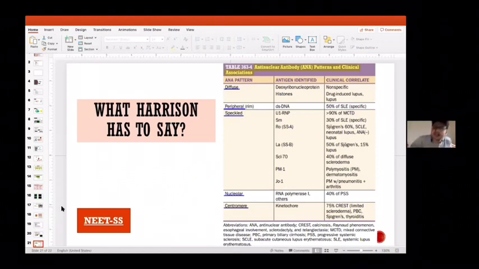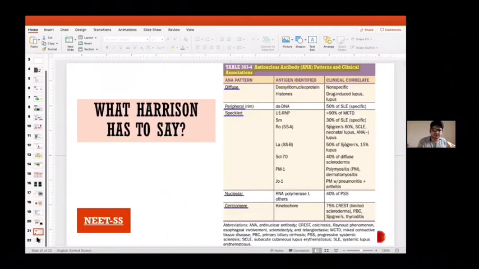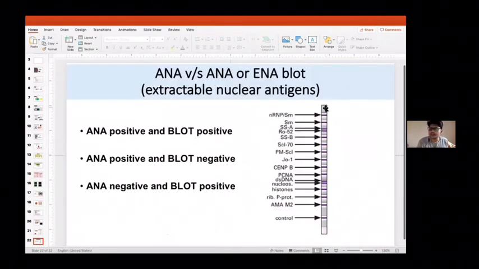Now, if someone tells me that rather than testing all these patterns, can we do something from a cell? Let's remove dsDNA, put it on a plate, and try to see whether the antibody is reacting or not. From the cell, let's remove that Smith protein, put it on a plate, and see whether the antibody is reacting to that. From a cell, let's remove this SSA or SSB protein, put it on a plate, and see how it is working. So we can do each thing by ELISA, but just imagine if I order each ELISA, it will be so expensive. So someone gives me an idea that let's do one thing, that what test we are going to order. Sorry. So what antigens we are going to order.